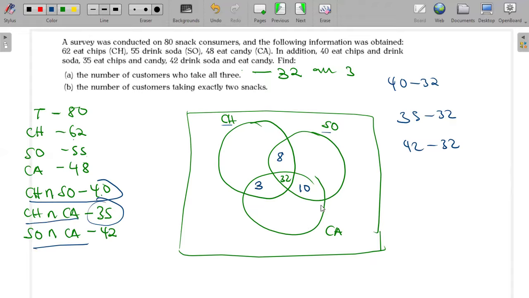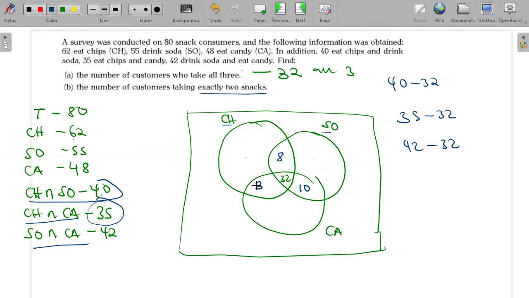Now, yes, we could fill up our Venn diagram, but there's no use in this case because the next question just asks for the number of customers taking exactly two snacks. And from what we have just found, 8 take chips and soda only, and they don't take the other